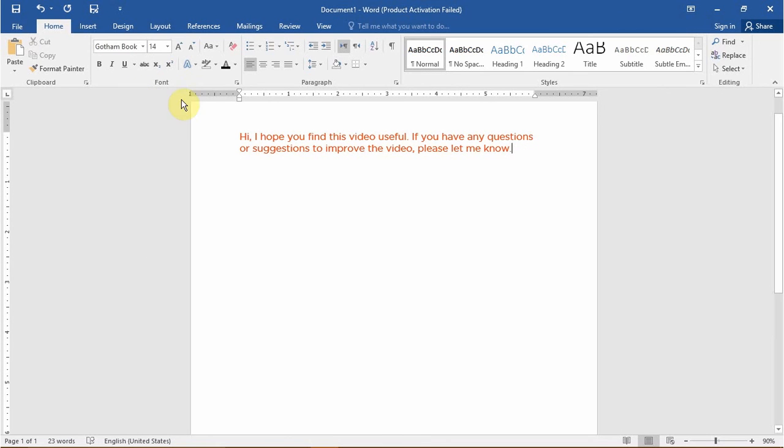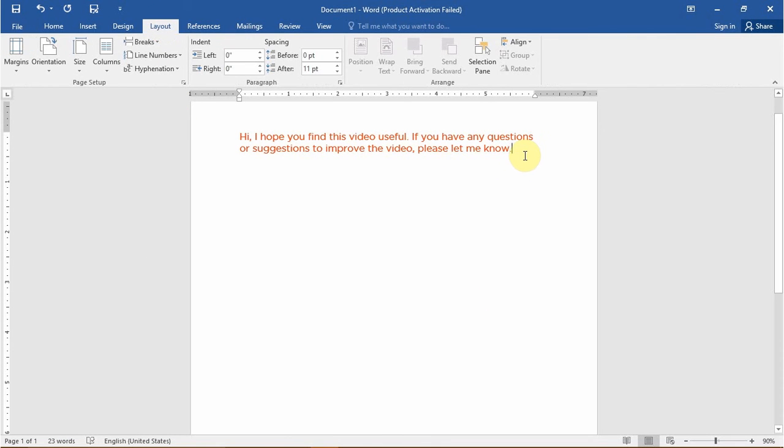Right, moving on to layout. If I type and start another paragraph here, you can see the gap between the two paragraphs is bigger than the gap between the sentences. You can change the size of that gap if you want. So if I just highlight that gap,